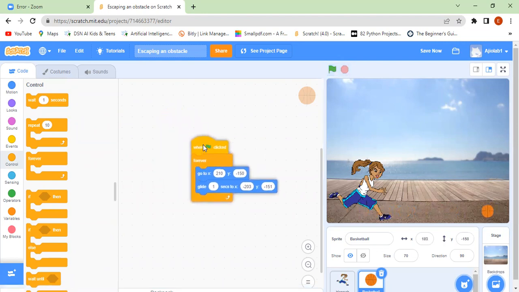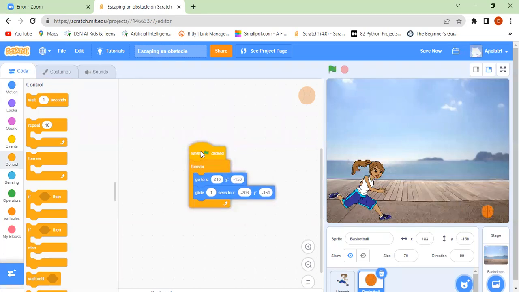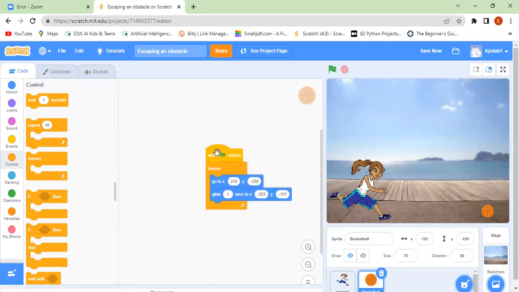So the next thing is for us to make sure that Anna escapes this ball. So we still need to do something right here on the ball. So what we're going to be doing on the ball now is that when the ball touches Anna, we also need to set a score because we want to be able to escape things. So we need to set a particular score so that by the time I escape this, I'm going to have a score, maybe 1 or 2. So I take my green flag